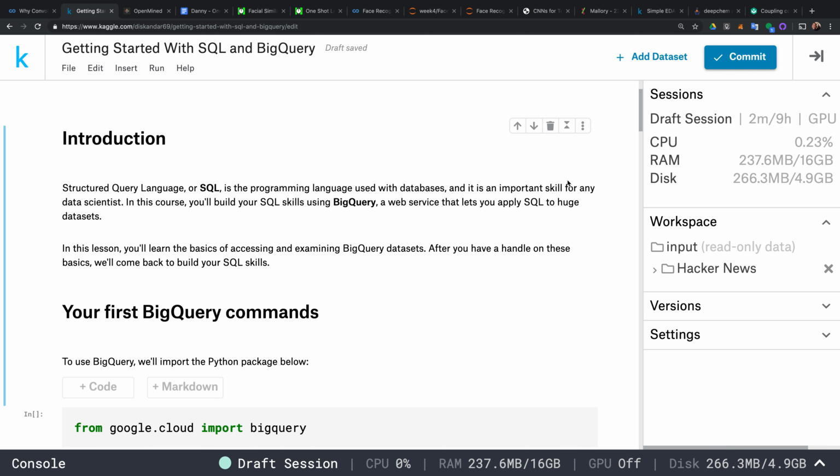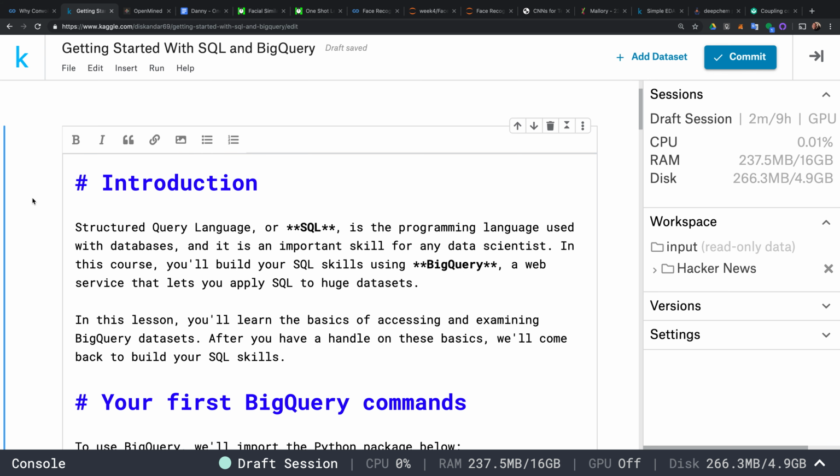So it stands for Structured Query Language. Basically, it is a language for query purposes, and it's only used for databases. Okay, so it's an important skill for